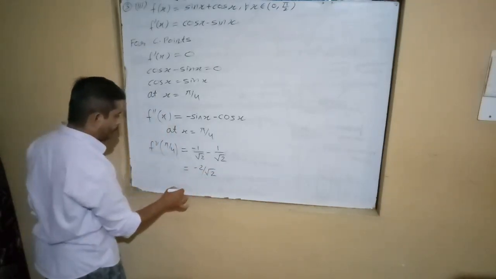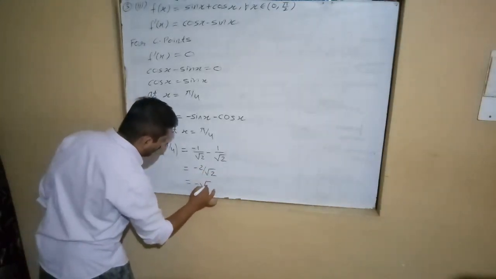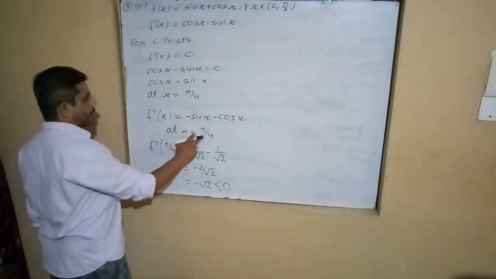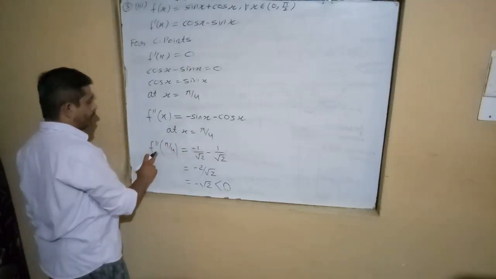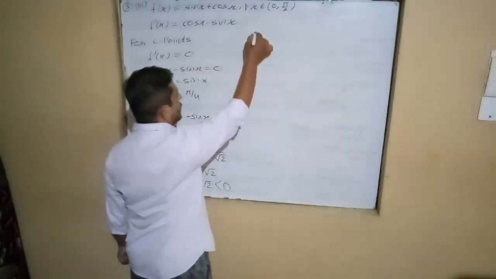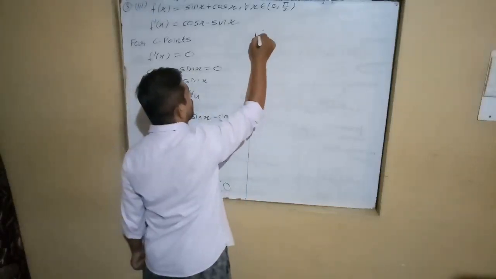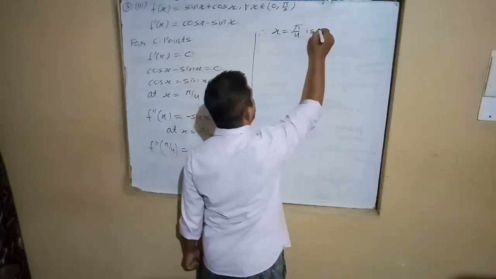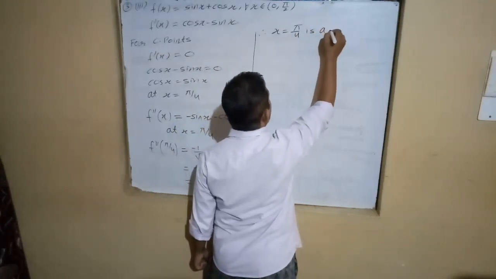So 2 cuts from 2, what is left? Minus root 2, which is less than 0. So at x is equal to pi by 4, the value of f double dash pi by 4 is less than 0. So we can say that therefore x is equal to pi by 4 is a